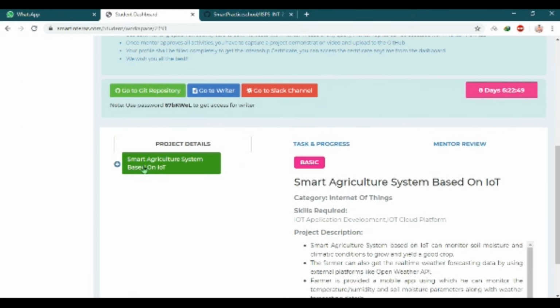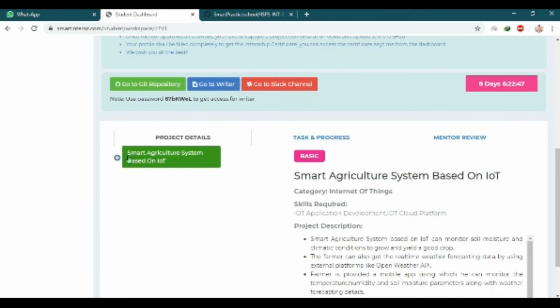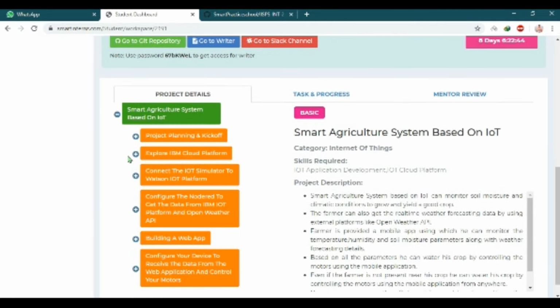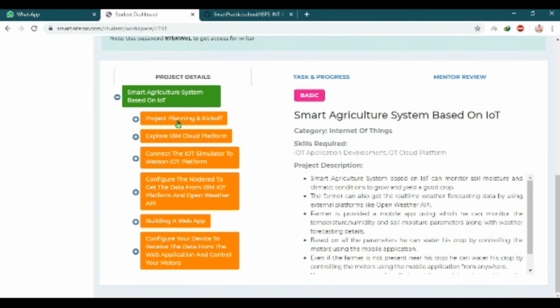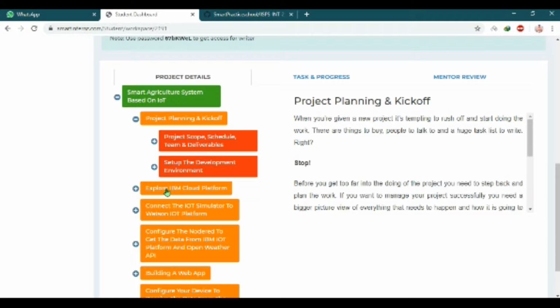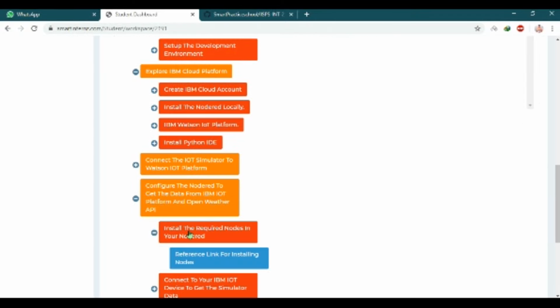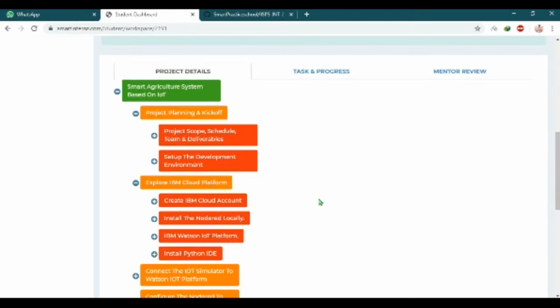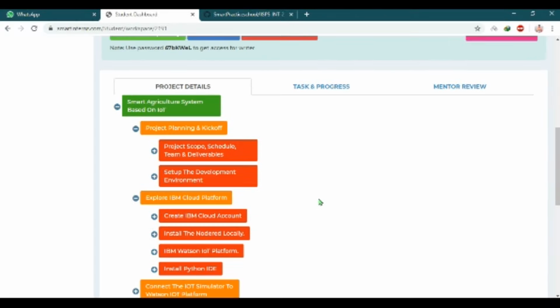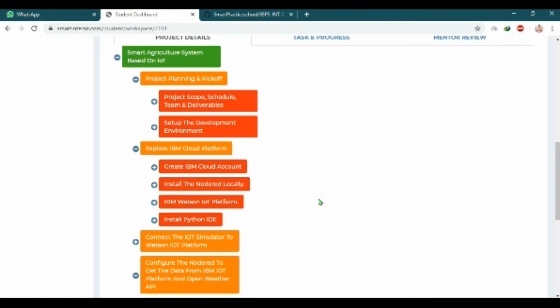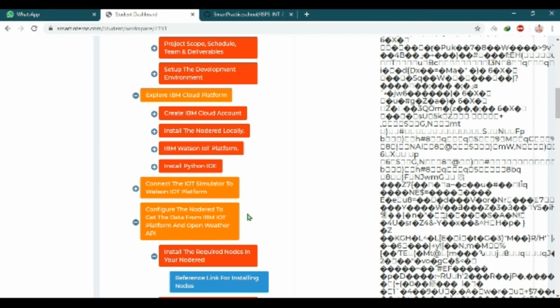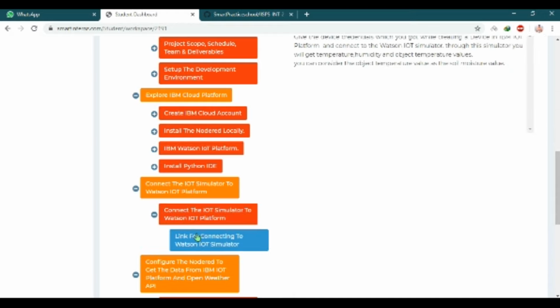This tab shows all the steps that we have to do within the project. Each tab has its own instruction and resources to help us to complete that respective task.